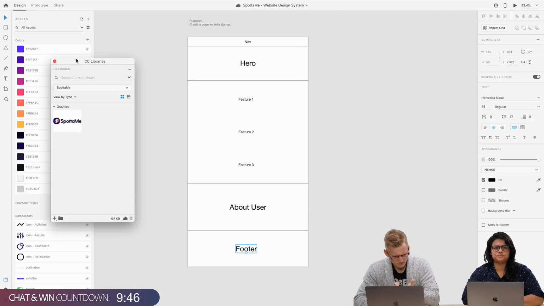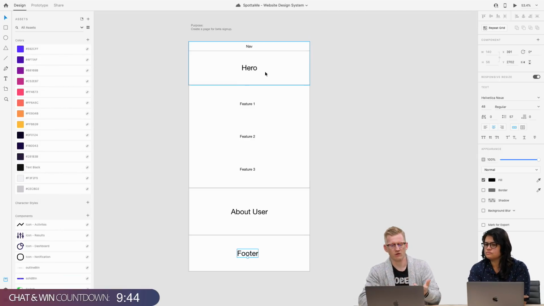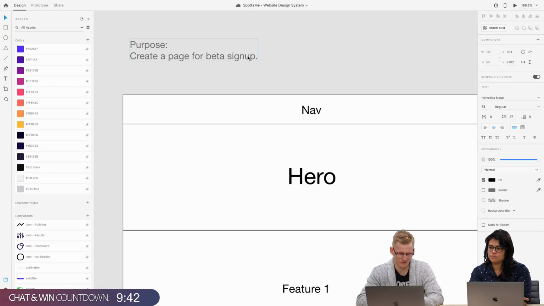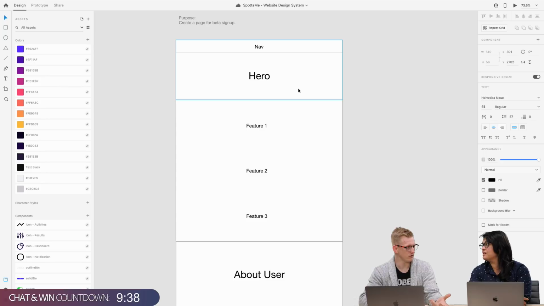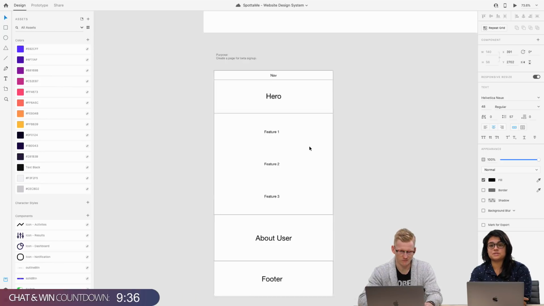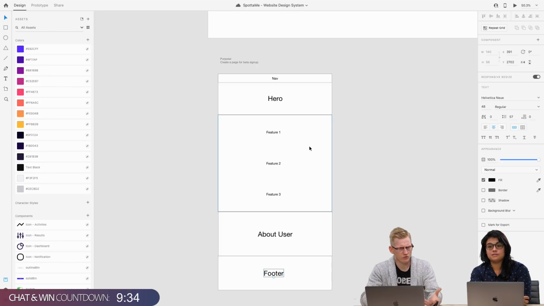Excellent. Here's another thing too. One of our tasks is to create a page for beta sign up. We're missing something here. What do you think it is? I think we don't have an actual sign up anywhere. We don't. So here's a question. Do we want to have